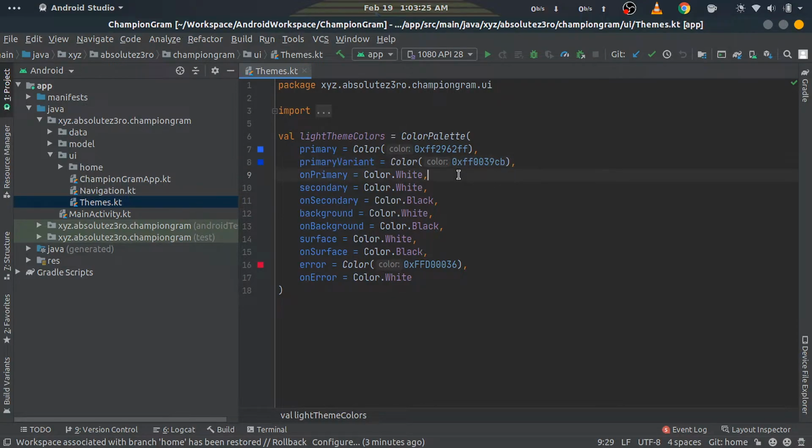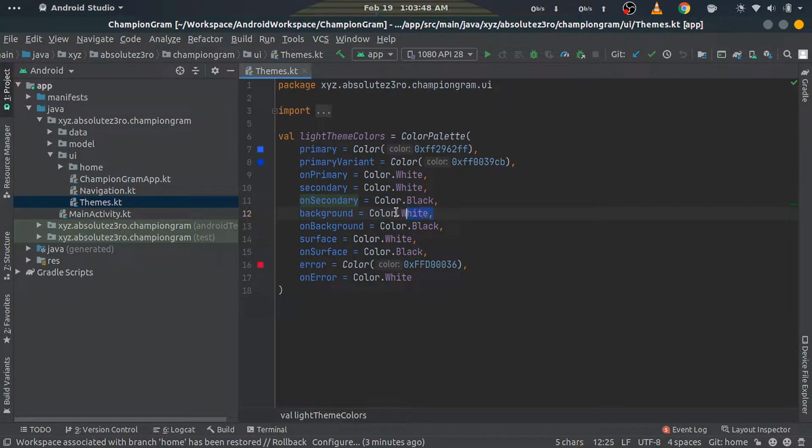Next, we have onPrimary, which is used for the items which will be drawn above the primary color, like text, etc. Next is the secondary color, which stands for the accent color, the color which is used for floating action buttons, etc. Next is onSecondary, which is the color for objects above the secondary color.